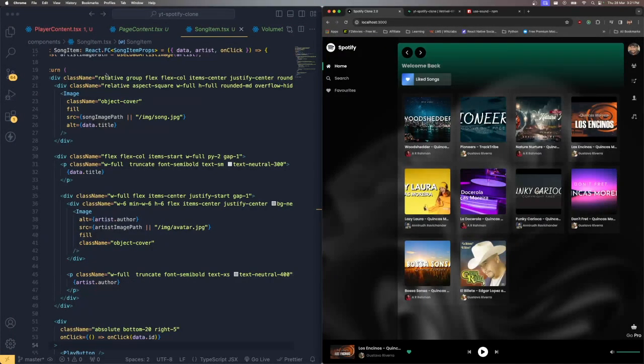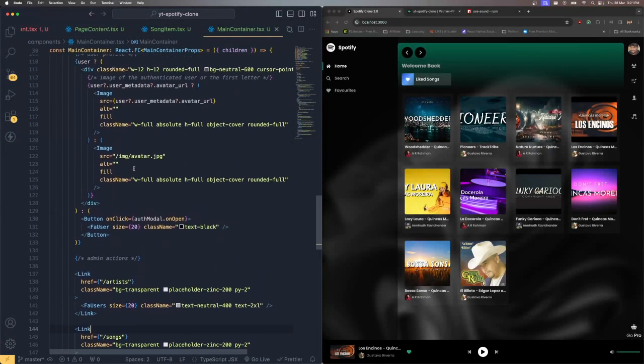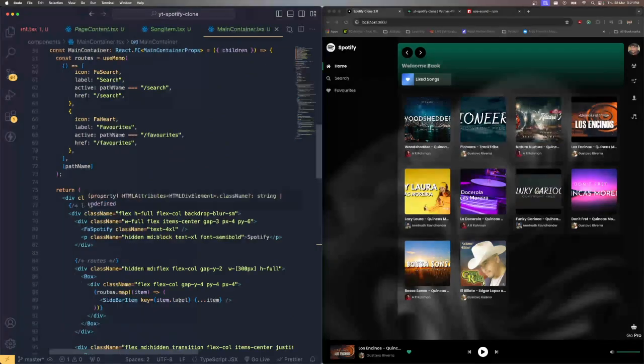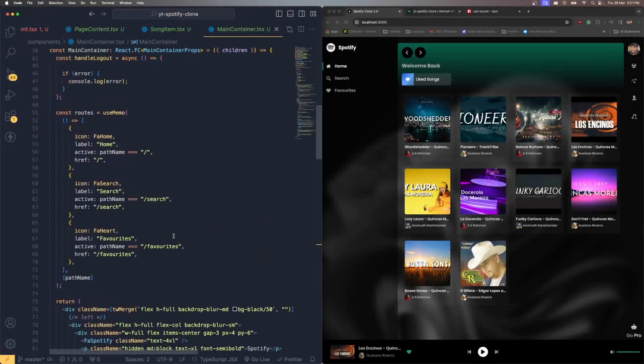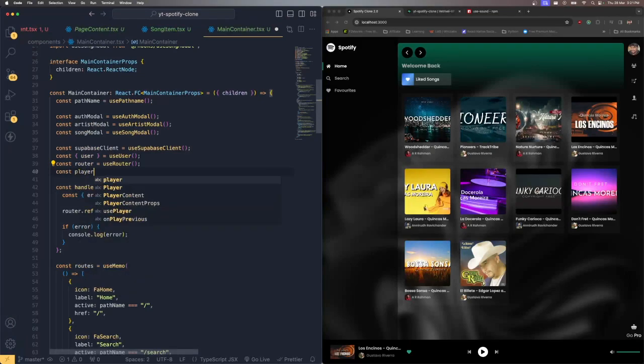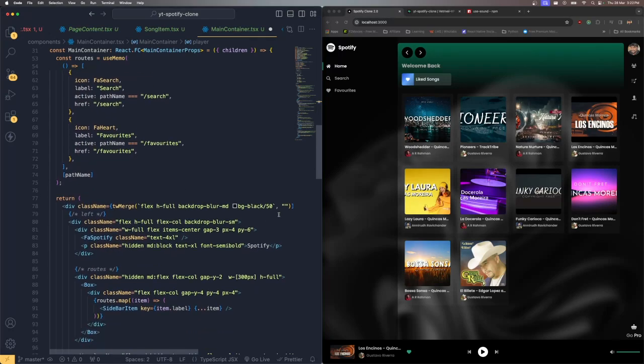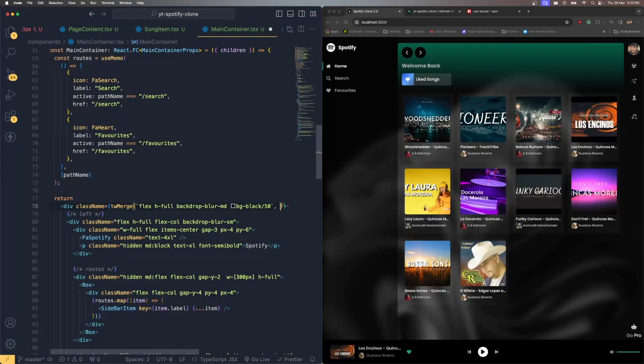So what I'm going to do is go inside the main container, scroll all the way to the top, and for this division we are already using this twMerge, right? So for this, I'm going to get the user hook over here. const player = usePlayer(). Get that hook, and if there is the player ID,